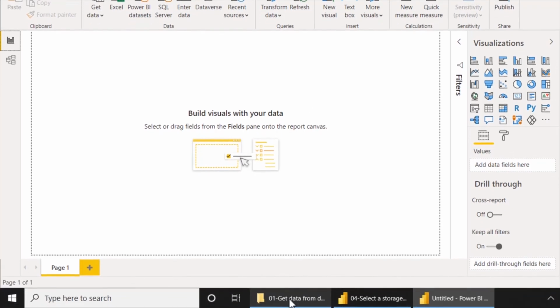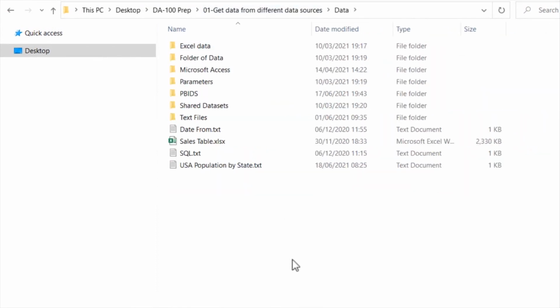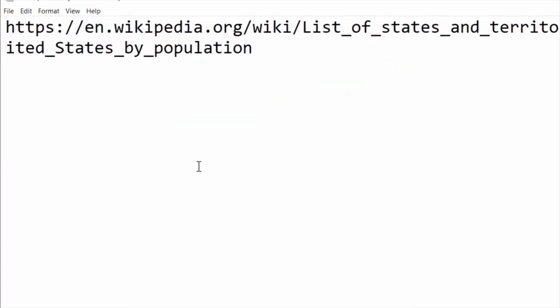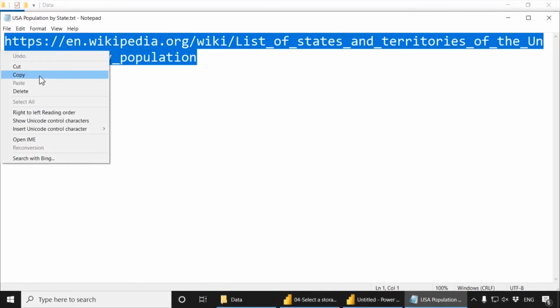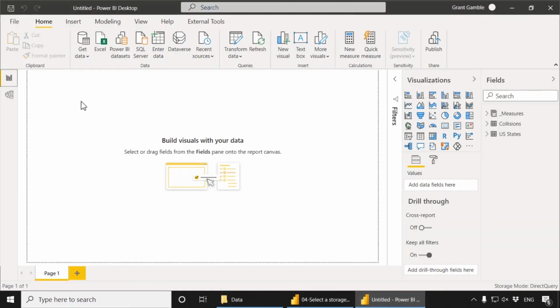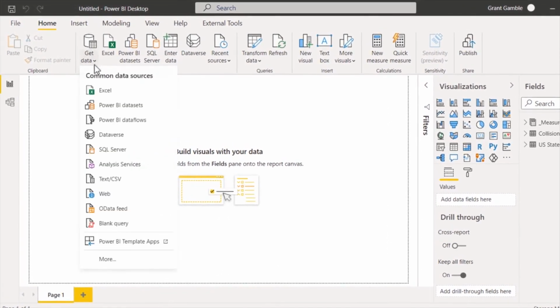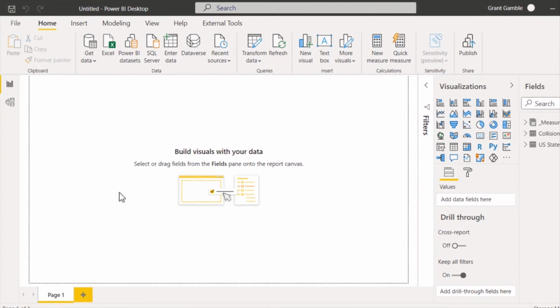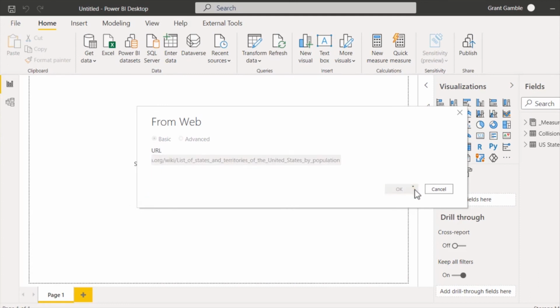So let's go back into our exercises folder, and in 01, get data from different data sources. Let's go into the data subfolder, and here you'll find a txt file, USA population by state. And this, as you can see, is a page on Wikipedia. So let's copy that URL, and then we'll scrape some data from that page. To do that, we choose Get Data and Web, and then we can just paste in the URL. We click OK,